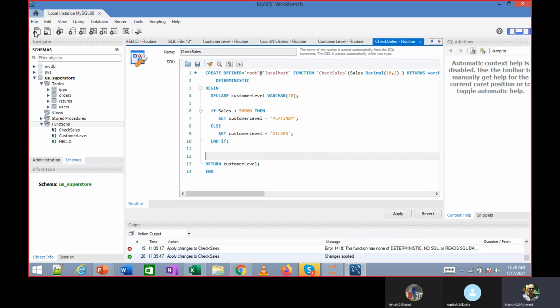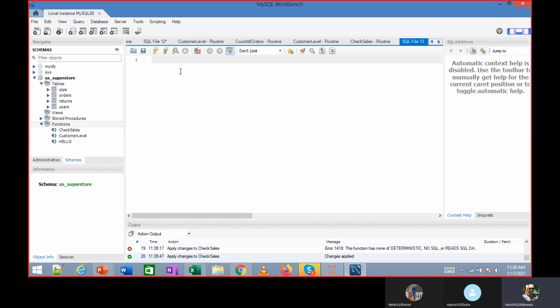And when I open a new SQL, I can actually call this check sales and I give 60,000.